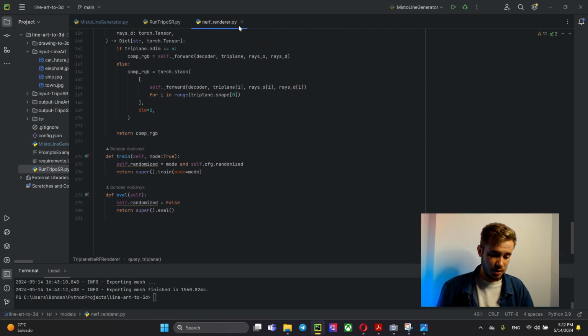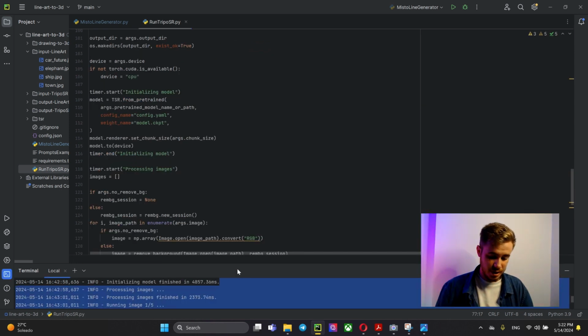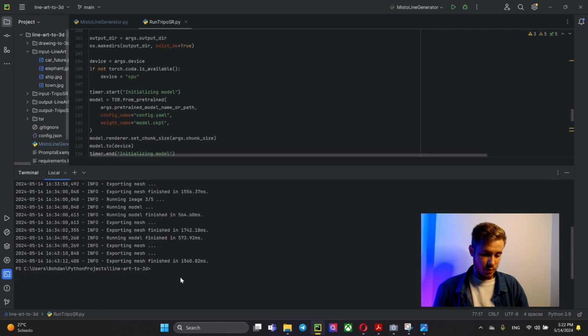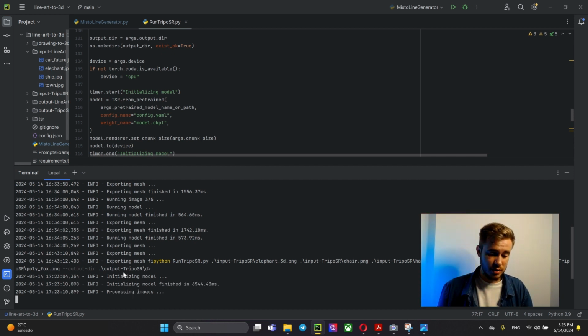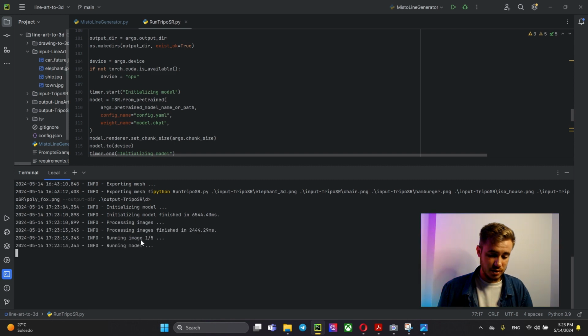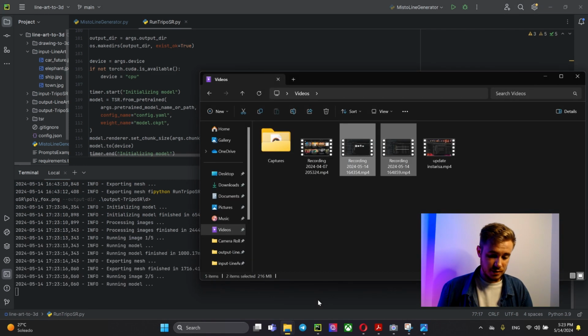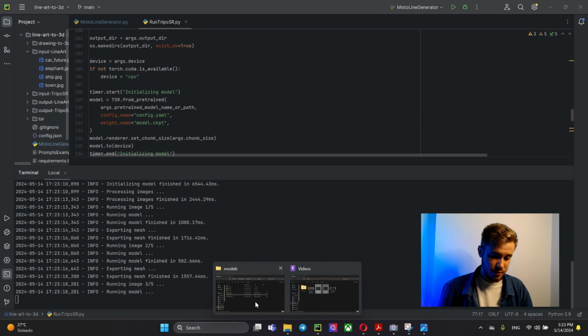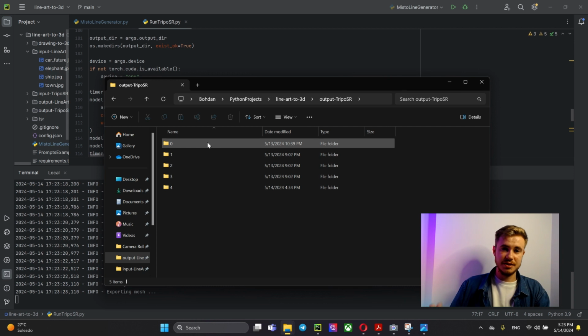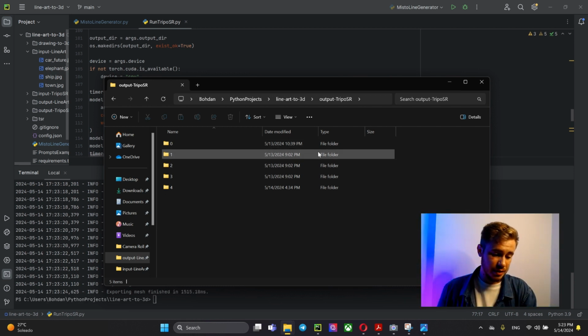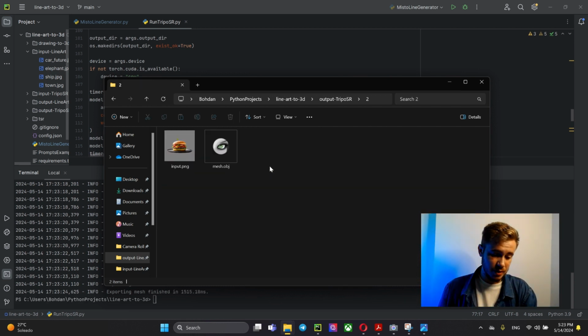And then to run your code, you could use the terminal command, like Python run file, then the input files, and by the command output dir, you define the output folder, and it initializes the model and starts transformation and generation of your 3D files. And as a result, you will find them in a separate folder, like this, for example, from the paper example,